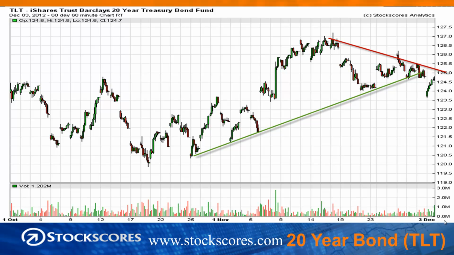Here we have the TLT, which is the treasuries, and in times when investors are going into risk-off mode, they tend to move into treasuries. You can see that we are below a downward trend line and recently broke an upward trend line on treasuries. So this tells me that money is not all that eager to rush back into safety just yet, and that is also supportive for stocks. So again, we may end up holding that upward trend line on the S&P tomorrow,